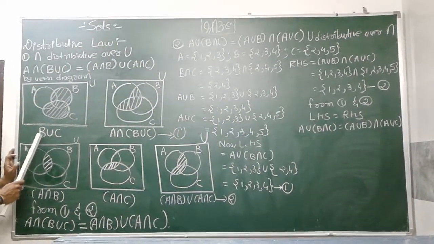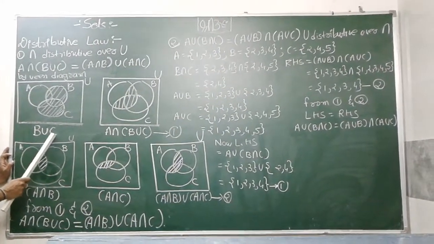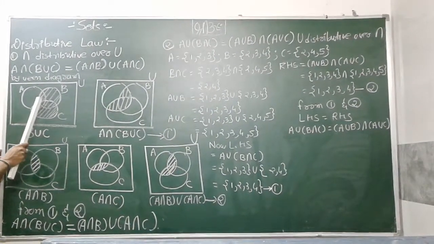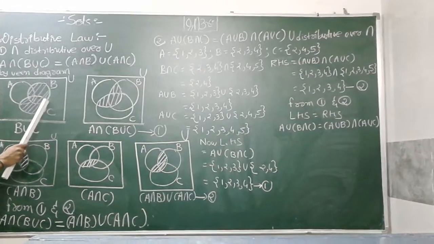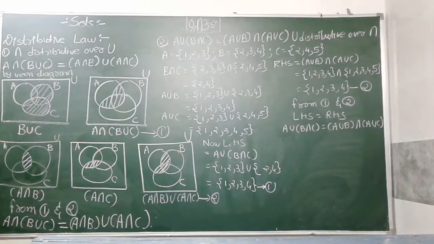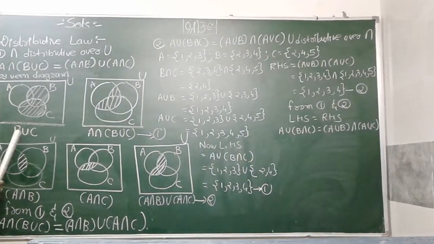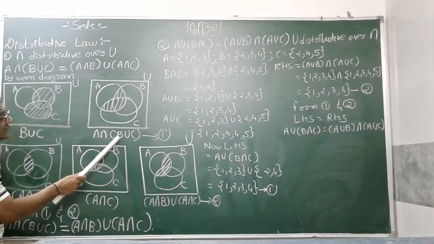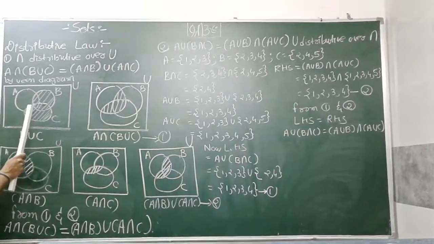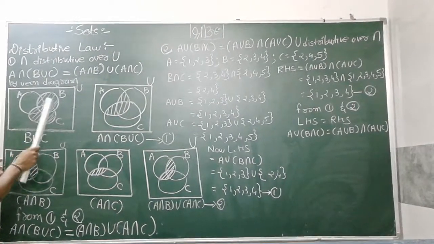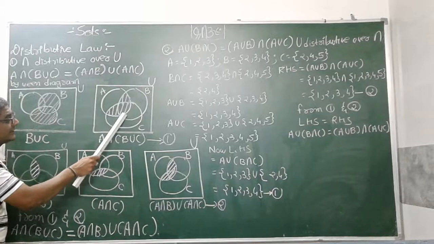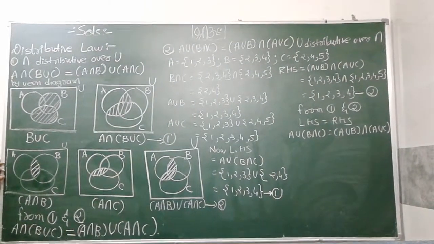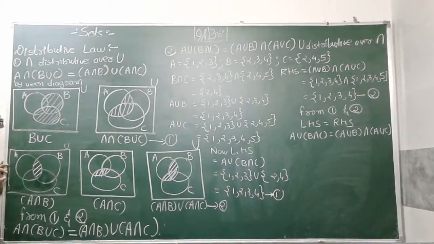So first we find out B union C, means we shade the circle of B as well as the circle of C. So we have to shade all this circle. Now this intersects with set A. So A intersection (B union C) means which portion is common in set A. So only this and this, as per the diagram, is common. That is statement number 1.